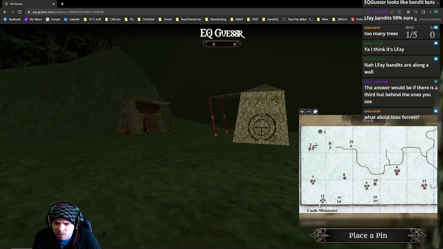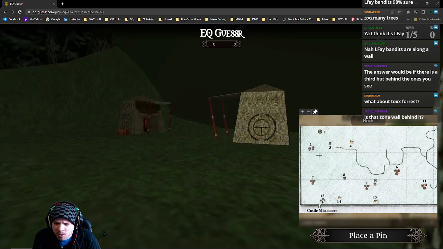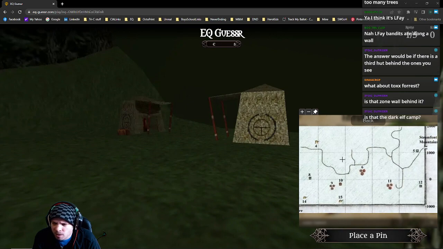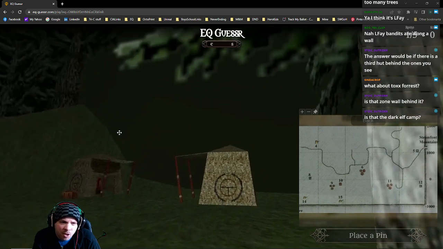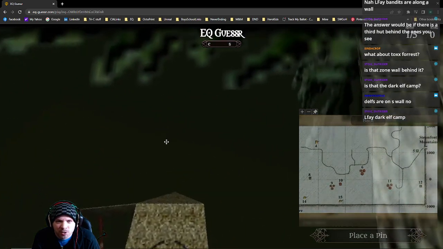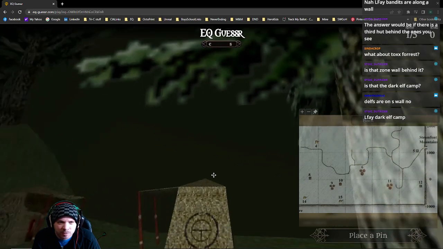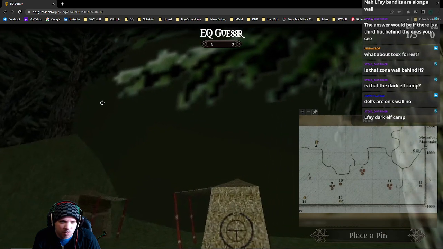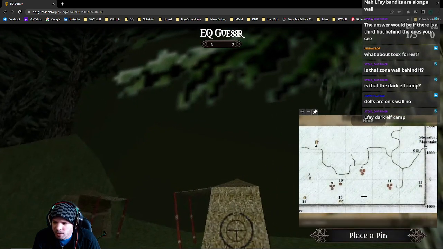This is a big, Pixies. Is that zone wall behind it? That could be. That could very well be a mountain or something way off in the distance. It's definitely got the pixelation in the background for the sky. I don't know why they pixelate or like remove the sky from these, but